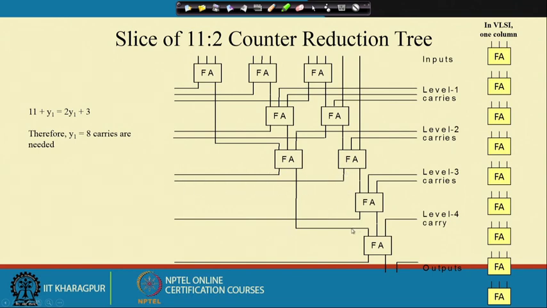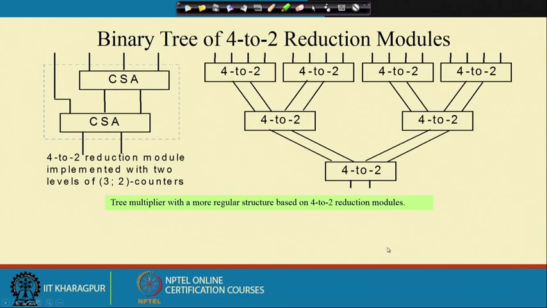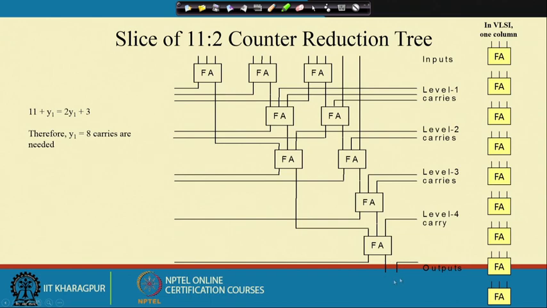Okay. So, then this sum is coming over here, and 2 carries from the previous level. So, those 2 carries are coming in this stage. Okay. Then again this sum is coming, and the carry from this particular full adder is coming over here. And I am getting the final sum and final carry at this particular adder tree.